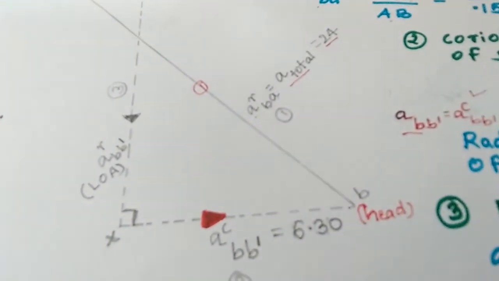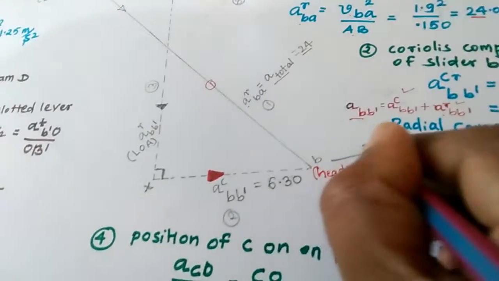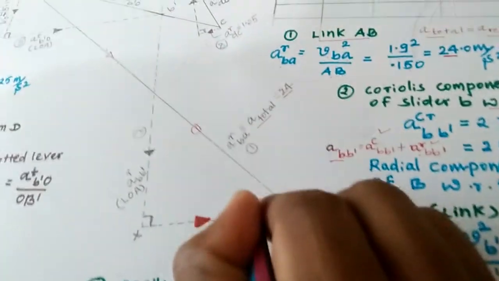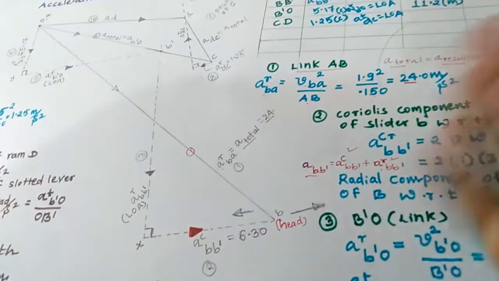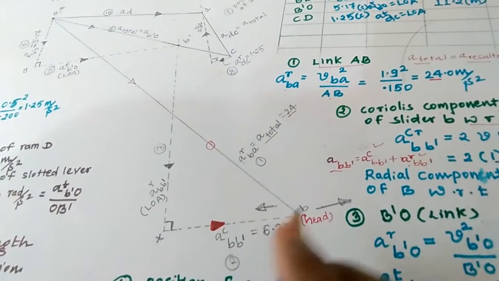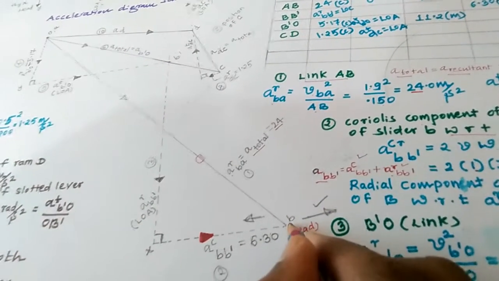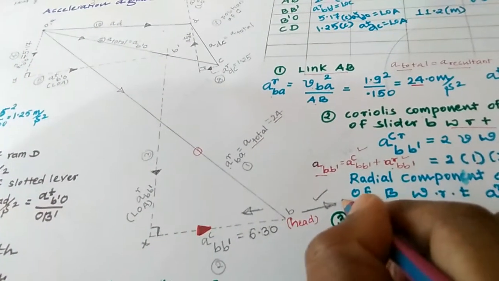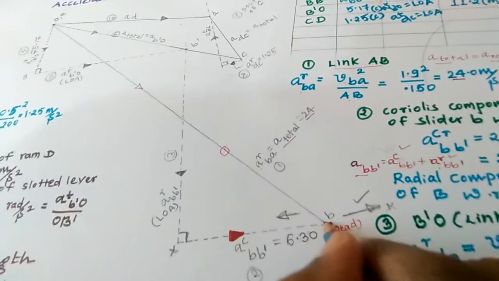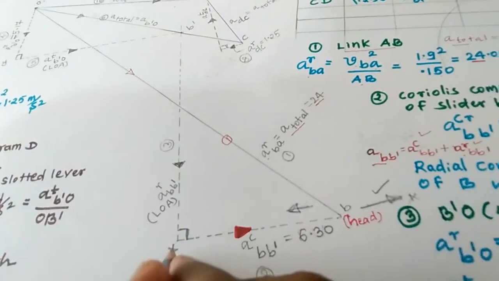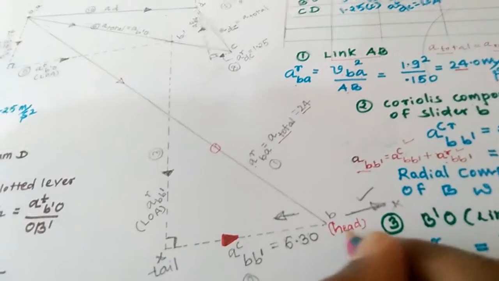You cannot draw this one. You have to draw this side or this side. This is one of the challenging things. You have to draw from the right hand side or the left side. That is important, because if you go for the right hand side with respect to this one and write this one, B becomes a tail and this becomes a head. That is absolutely wrong. You have to go for this one: B should be head, remaining value should be tail. If you consider this one, this becomes a tail and this becomes a head.